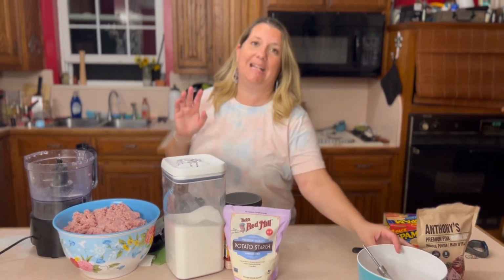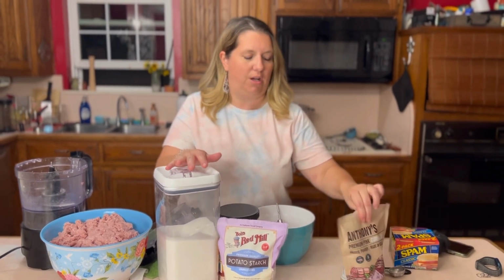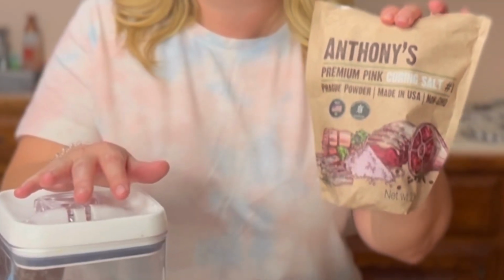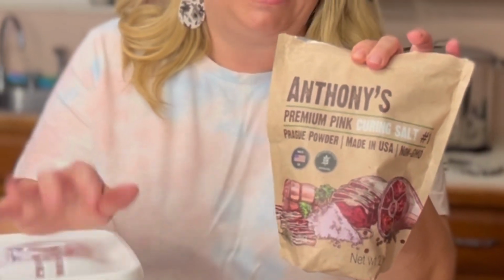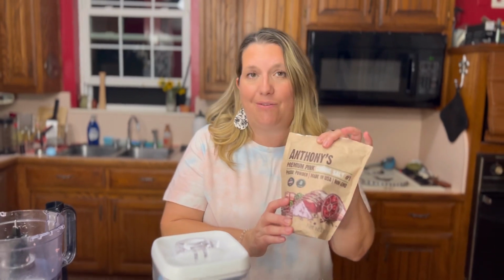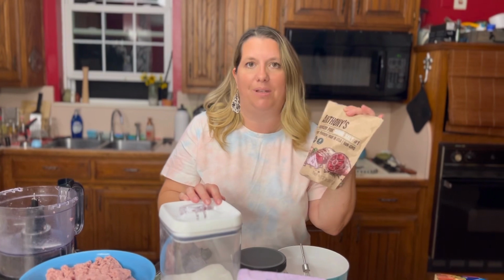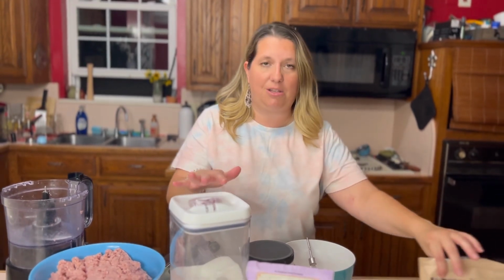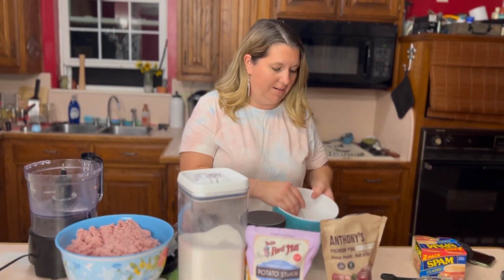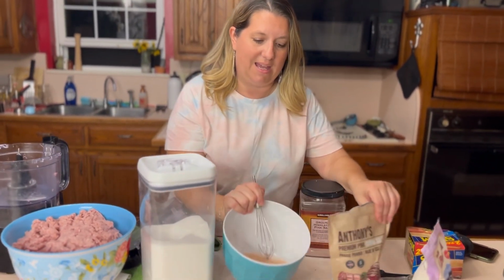Now, one of the things that I did add into this, and one of the things it does call for, is curing salt. This is pink curing salt. You don't have to have this. It's not necessary, but I did use it because I knew I wanted to go with that pink color just like Spam has. So we're gonna try it, and if I ever make it again, great, I have it. If you don't have this, it's okay, you don't need it. You can totally make it without. But these are the ingredients. You add in the half a cup of water, mix it all around in this really nice little slurry that I've got. And then what I'm gonna do,